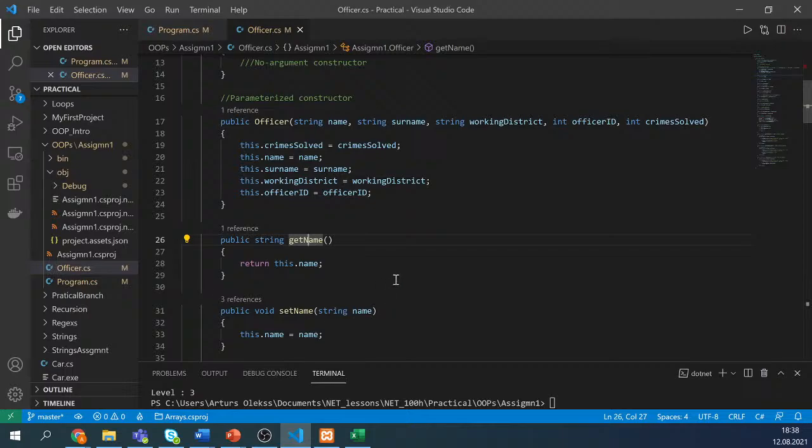Yeah, because otherwise, if you firstly define the attributes as public, it means that the attributes can be accessed from any place in the code, from lots of different classes, from outside of this, let's say, officer class. Then it means that when you want to introduce control over these parameters,